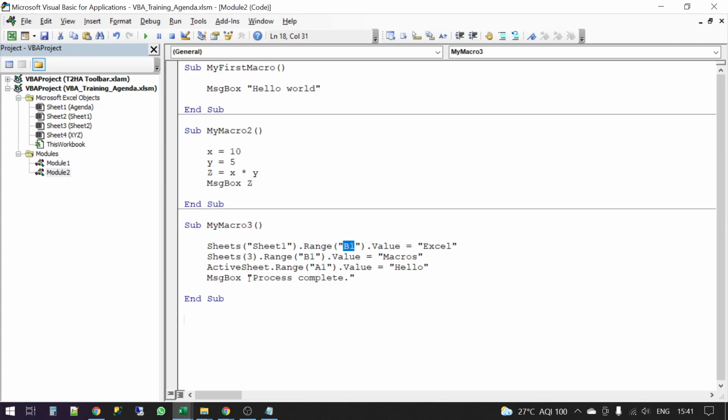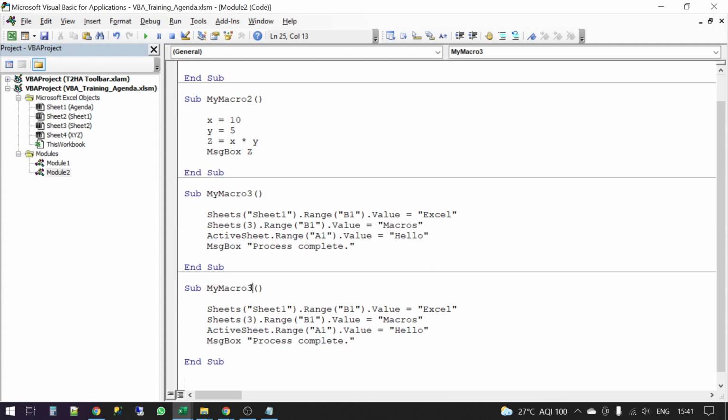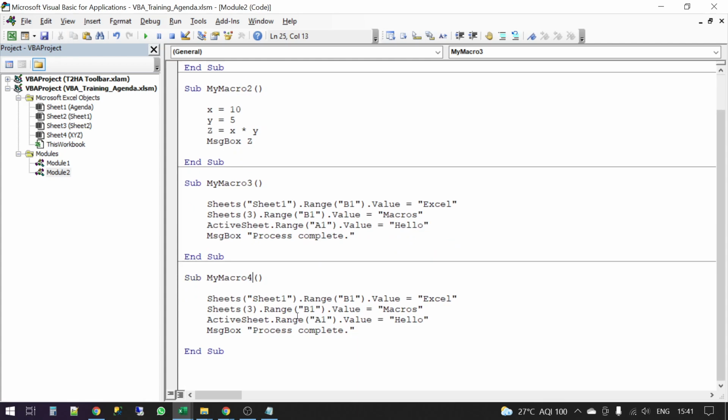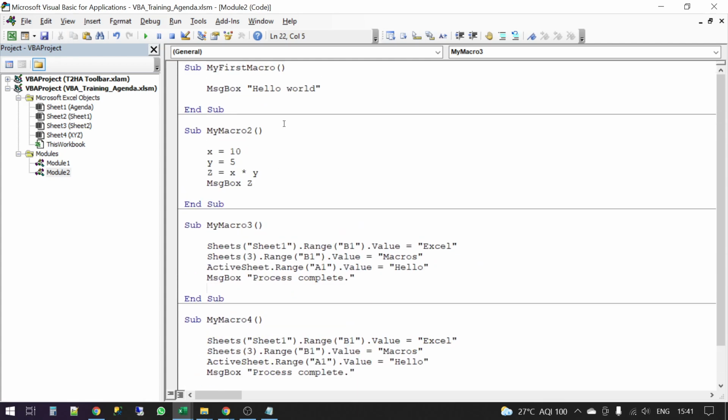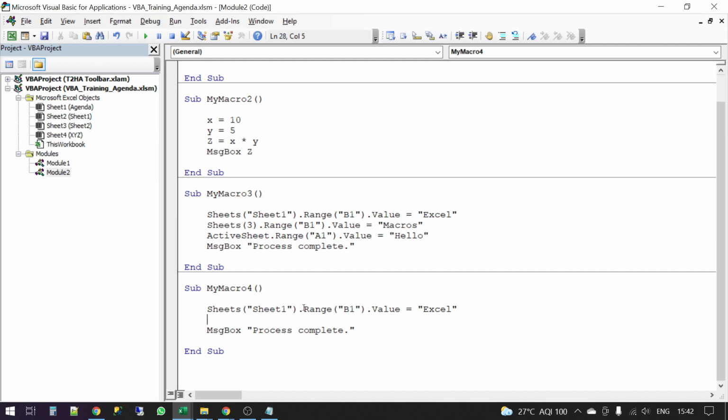So what I typically use and which is required for automation, let me create a separate macro so that there's a whole trail, and later on I can share this file with you as well. What I do is I use something called cells.